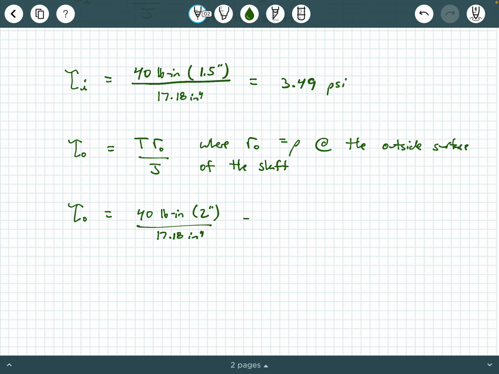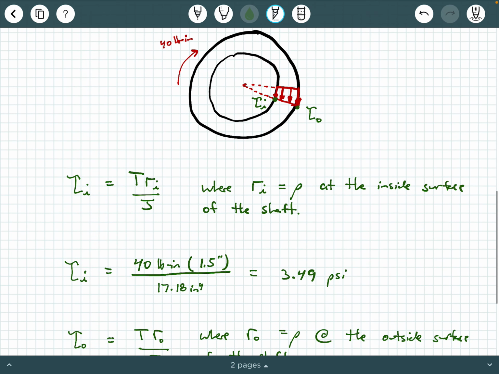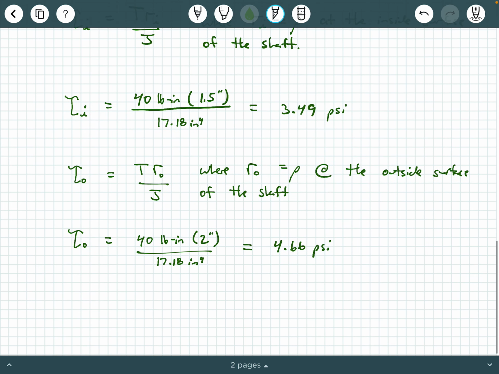So the polar moment of inertia is what it is. It's that value for the entire cross section. So that's not going to change. So we're going to say 40 times 2 divided by 17.18, and we get 4.66 psi. So if we sketch this out, we have the value at the inside surface, that shear stress is the 3.49 psi, and then the value at the outer surface, tau outer, is that 4.66 psi. So this is our sketch of the shear stress distribution throughout the thickness of this hollow circular shaft. So these are your two values, and you would have that figure